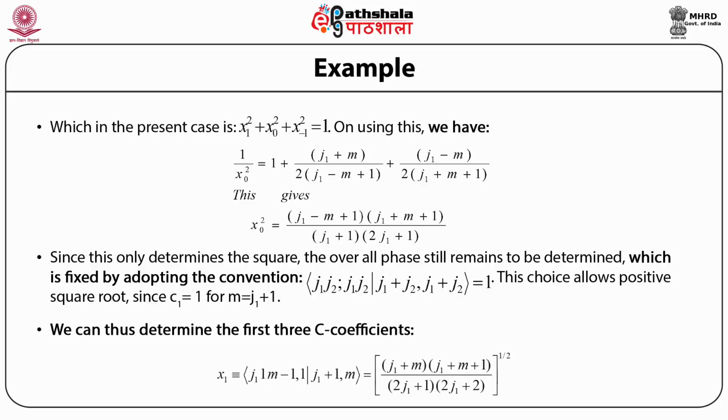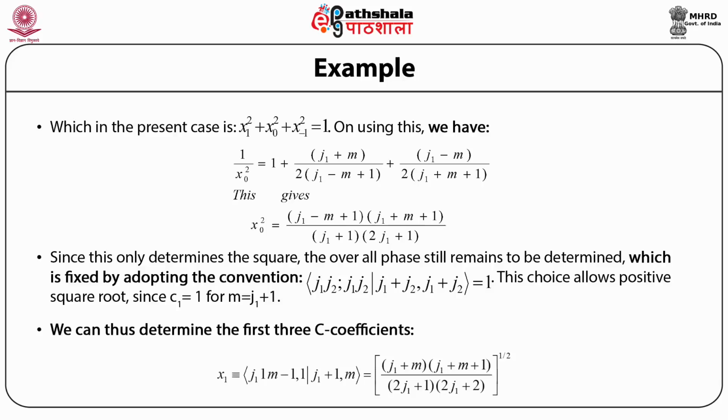and this gives x0 square as (j1 minus m plus 1) times (j1 plus m plus 1) upon (j1 plus 1) times (2j1 plus 1). So from this relation, since we see that this only determines the square over all phases, what we find is that the phase still remains to be determined, because these relations are only giving us the square values,